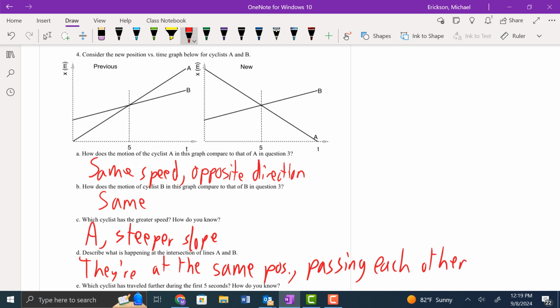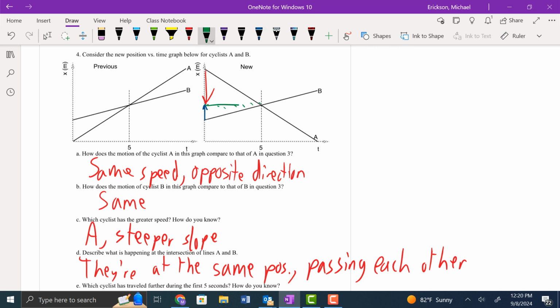They ask us which cyclist traveled further during the first 5 seconds. Now, using logic, and logic's a very specific skill in physics. It doesn't necessarily mean smarter or dumber or anything. Logic is just, if this is true, then something else may or may not be true. If I look at this object, after 5 seconds, cyclist A has moved this far down. Cyclist B has moved this far up. I could see here that A has gone a further distance just judging by that arrow